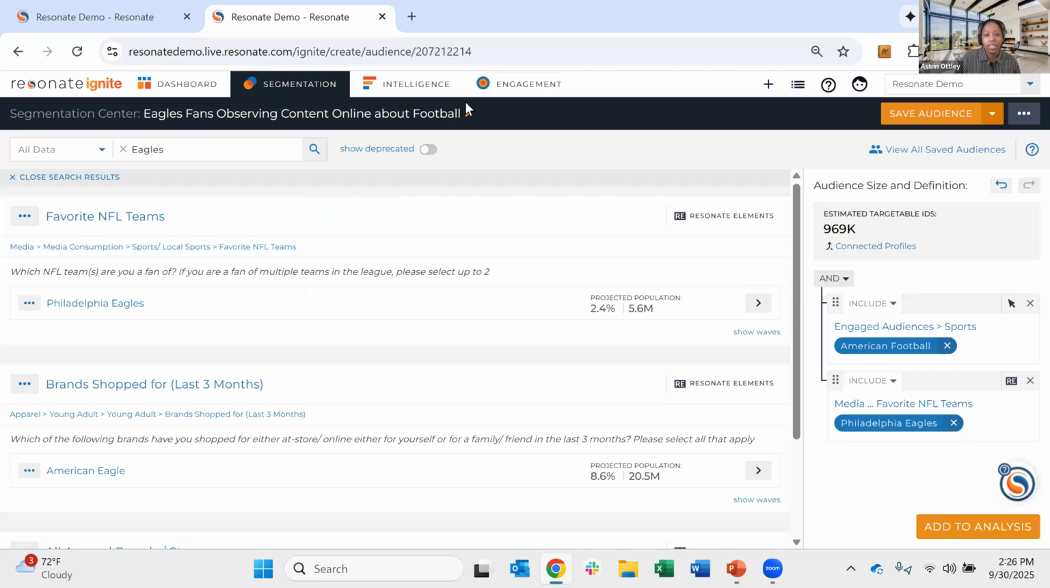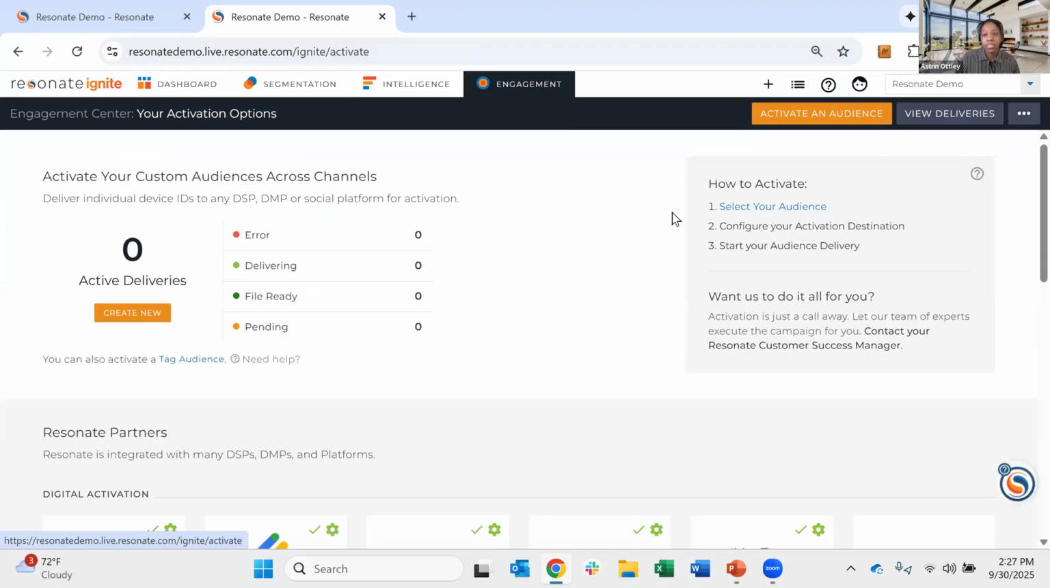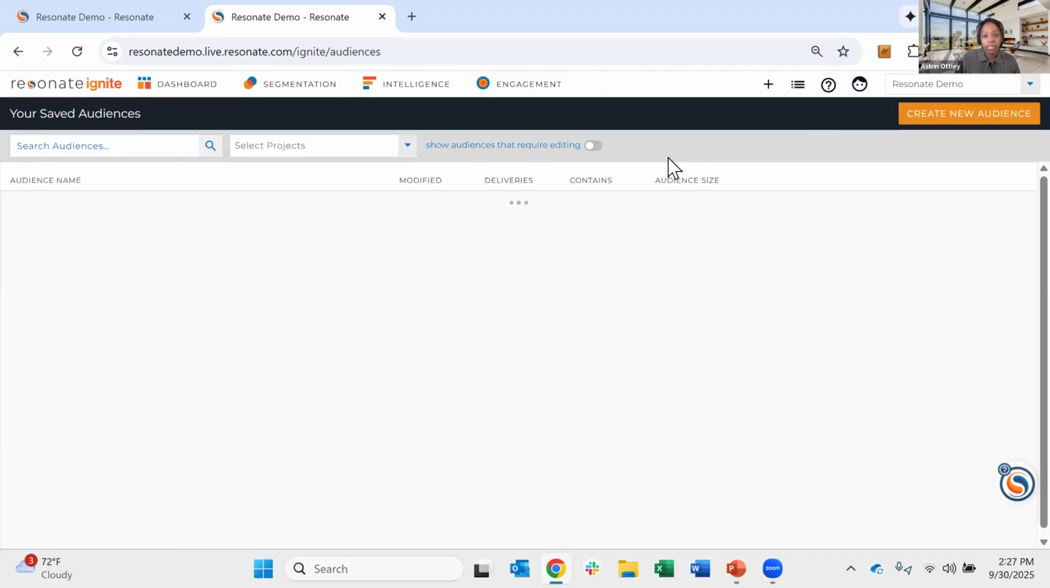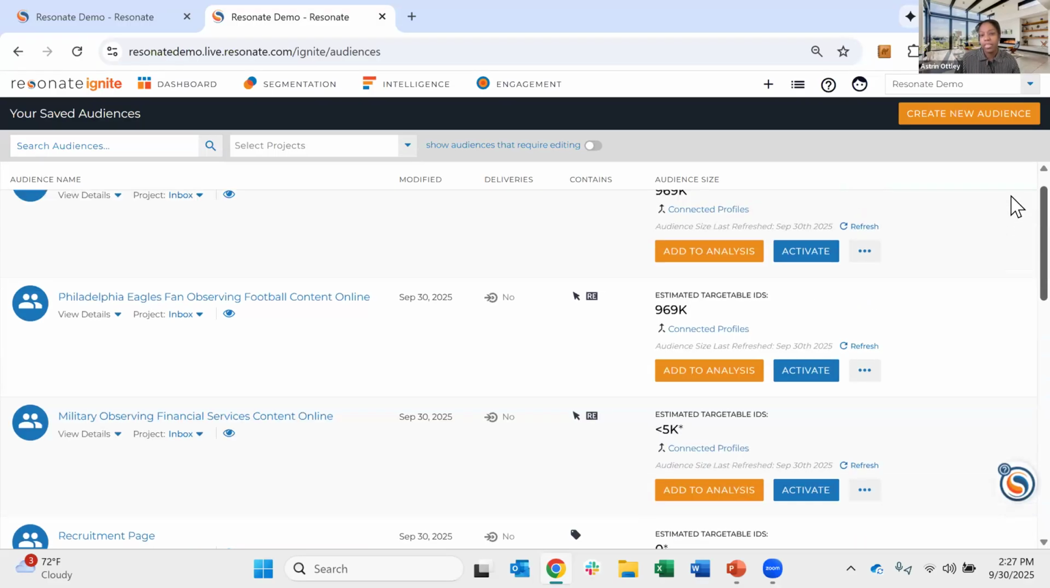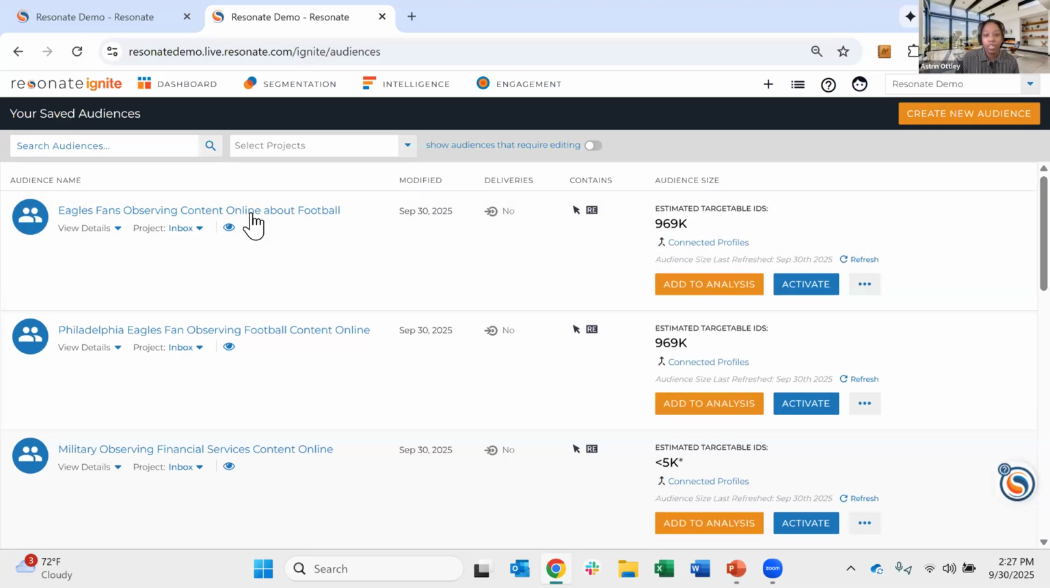So you can activate it a couple of ways, but I mentioned you can go to the engagement tab, and essentially the engagement tab is asking which audience do you want to activate. So if I click activate an audience, it will bring me to the list of audiences we have in the platform. So these are just a few. Again, I'm in the demo account, but let's say we want to activate the audience that I just created. I can click activate here